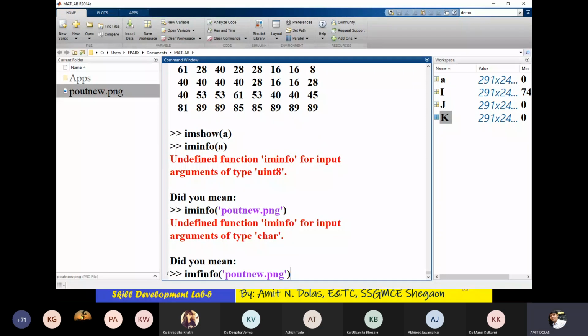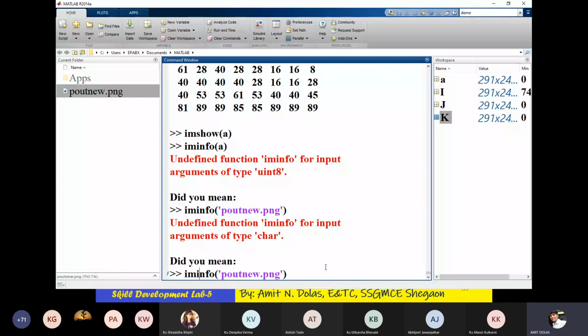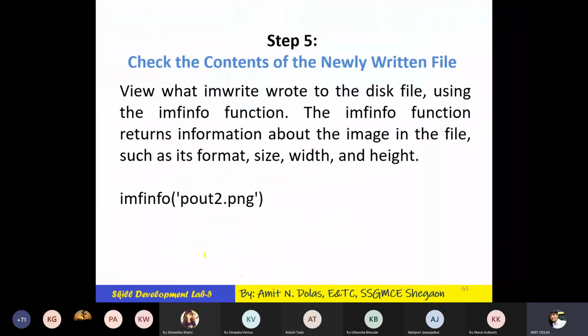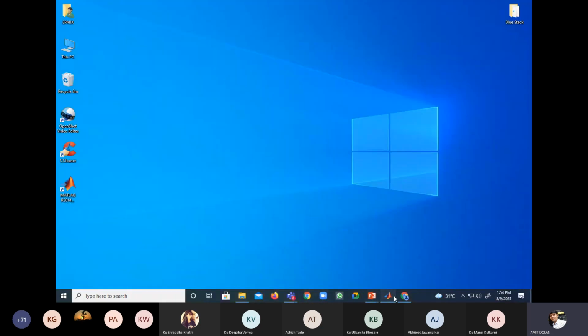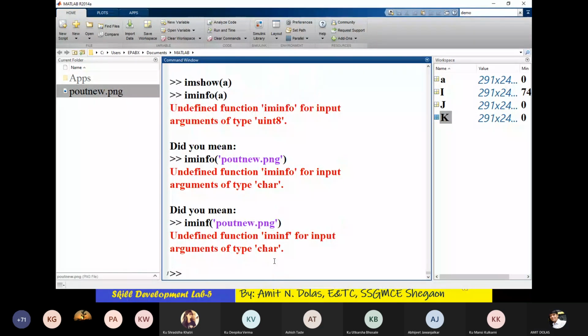I'm sorry, I wrote the spelling of iminfo wrong. Let me see the command once again. I made a mistake here. I forgot the command. We'll see that later on. poutnew.png.